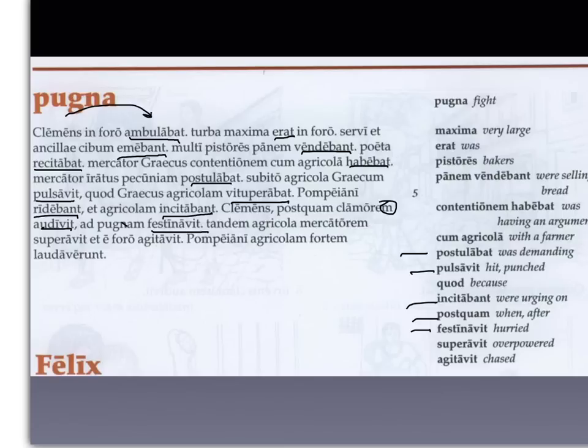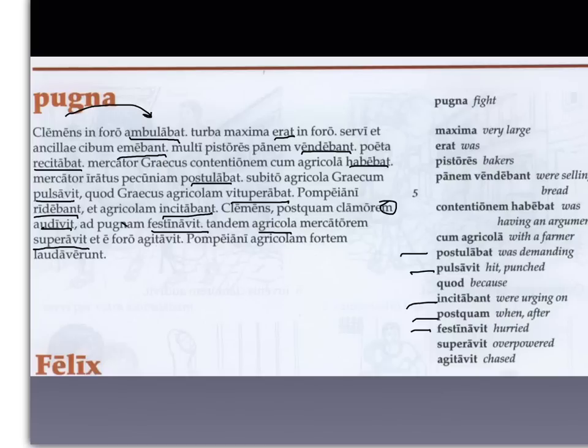All right, second to last sentence. Tandem agricola mercatorum superavit et ephoro agitavit. Tandem is an adverb that means at last or finally. Our subject is the farmer, the agricola. So the farmer, I jump to my verb, superavit. Okay, ends in a V, so I know it's a perfect. It's a past tense, someone verbed. So finally, or at last, the farmer